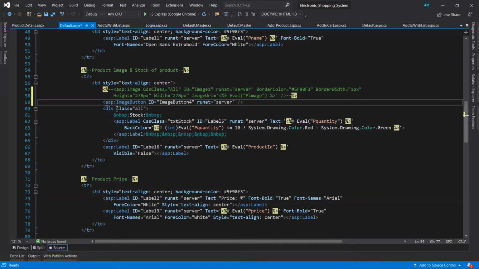Double click on it. So we have taken the image button control. Now we want to give some property to it, right?